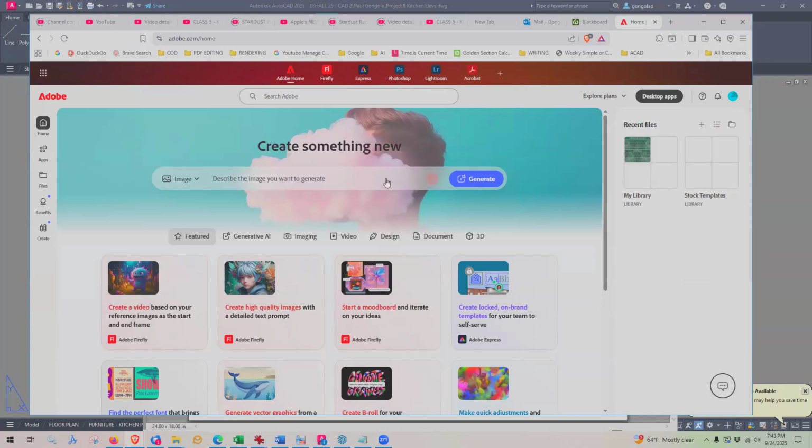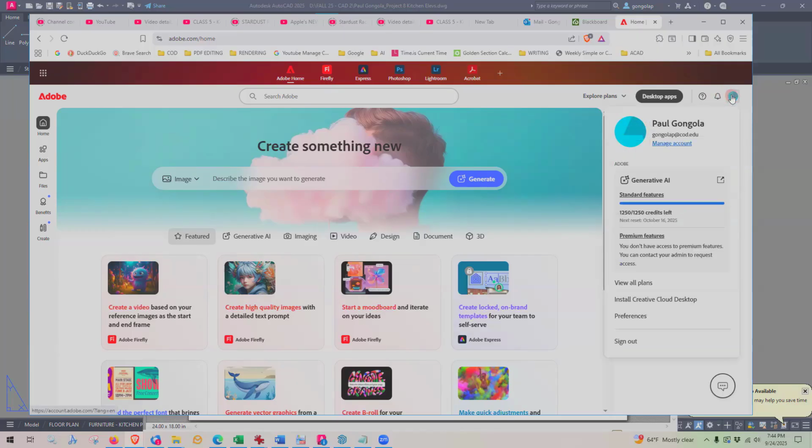I'm already signed in, so it will look for a place where it says create an account. Use your College of DuPage email address, and that gives you free access to Adobe products. And then once you have your account, sign in, and then there's two ways I think you can do this. You can go to account down here and then go to,